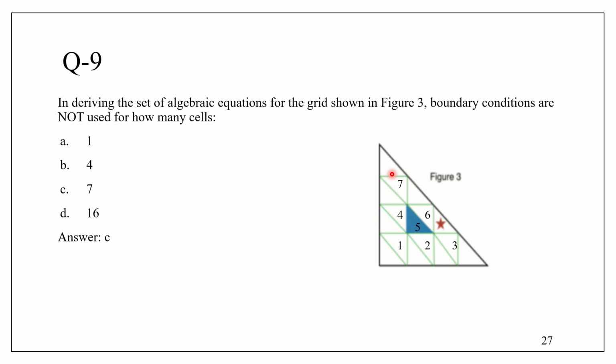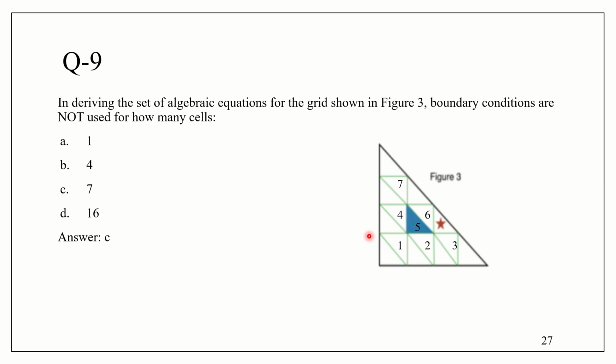If we discretize it, we would be getting 16 algebraic equations from the finite volume method. But it is not about how many equations, because we have seen a similar question in the previous class. It is about, in deriving the set of algebraic equations, for how many cells the boundary conditions are not used. Cells which do not come under the influence of the boundary, because in the finite volume approach we were just dealing with the influence of cell values and boundary